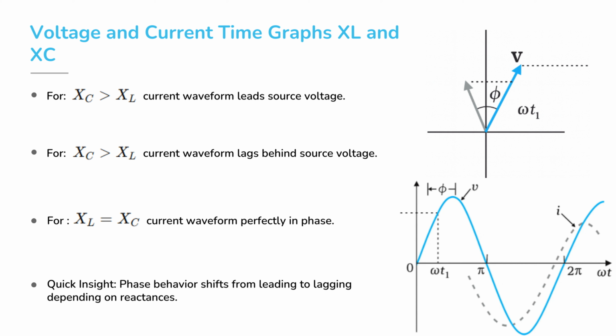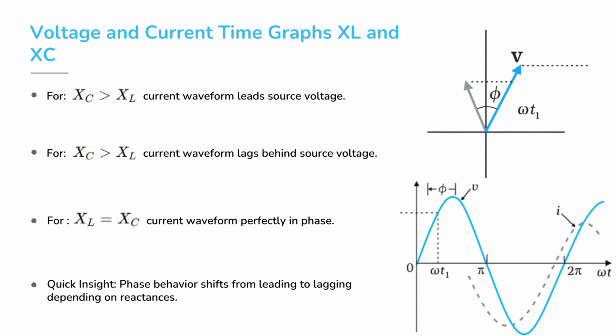And finally, if XL equals Xc, the inductive and capacitive effects balance out. The circuit is purely resistive, and the current waveform is perfectly in phase with the voltage. Take a close look at the graphs. The dashed curve for current either shifts left, meaning it leads, or shifts right, meaning it lags, depending on whether the circuit is capacitive or inductive. Quick insight: the phase behavior of an LCR circuit smoothly shifts from leading to lagging as the balance between inductive